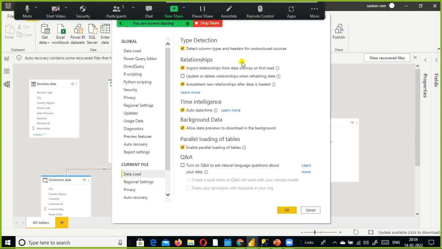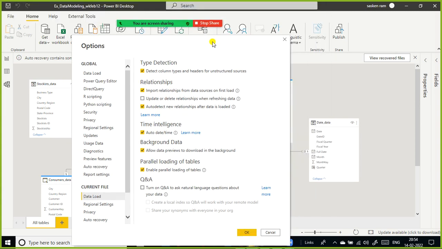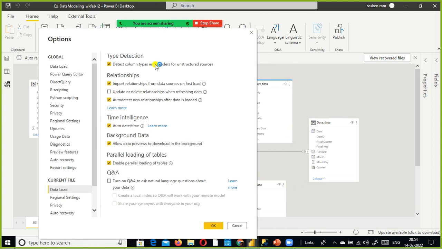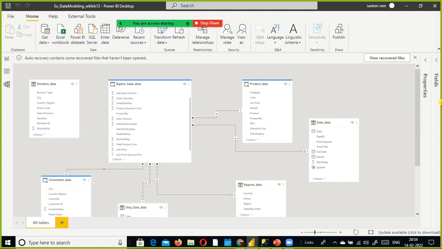So now you understood Power BI Desktop has the capability to detect the relationship automatically. We don't have to set the relationship manually. But it is advisable, if you rely on the relationship detected by Power BI, still the best practice is we go to something called manage relationship.